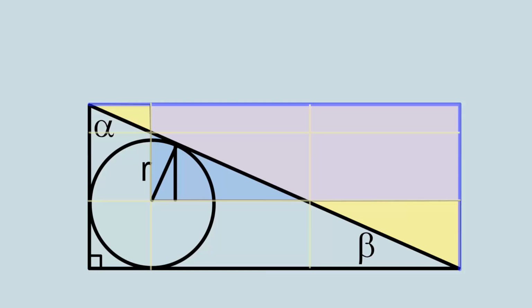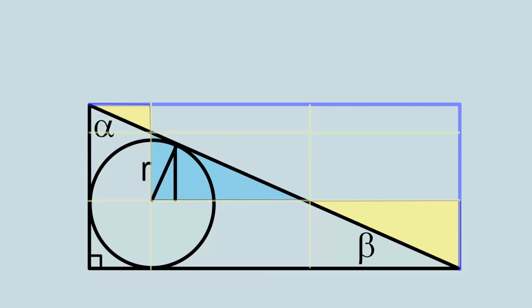So the question then becomes, is the area left out equal to the extra area that we've included? Or more specifically, is the area of the two yellow triangles left out equal to the area of the blue triangle included? And so in order to calculate that area, we will look at each of these rectangles in turn